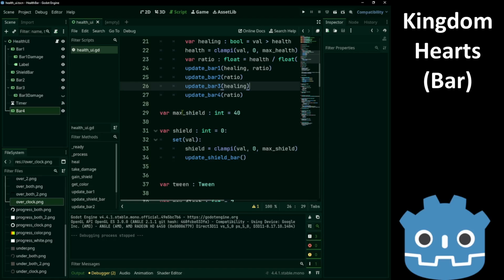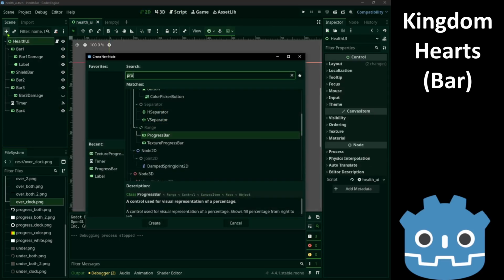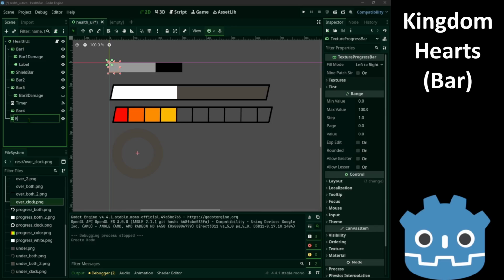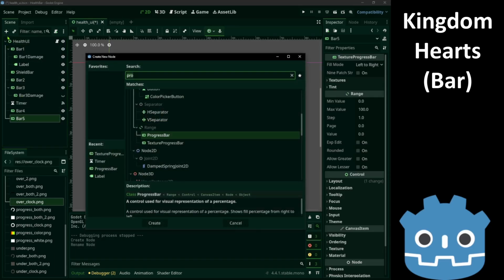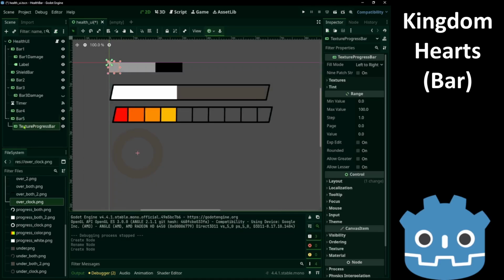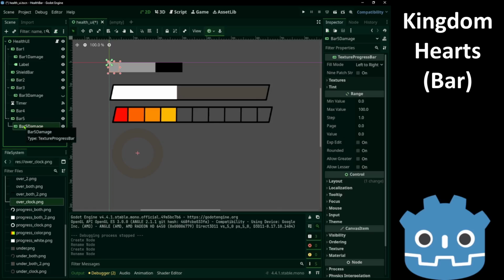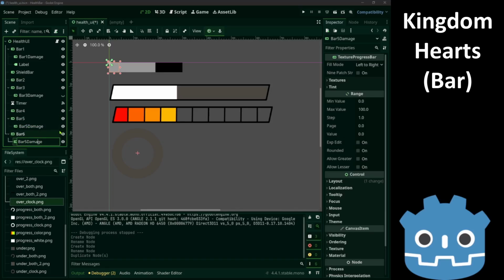Now let's create a Kingdom Hearts health bar. We're gonna need 4 progress bars. So this is bar 5. Add another one as a child. Bar 5 damage. Duplicate. And rename this one to bar 6 damage.